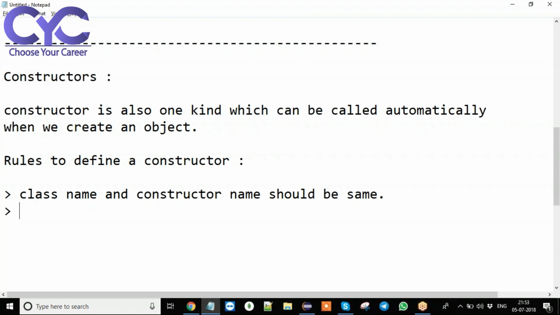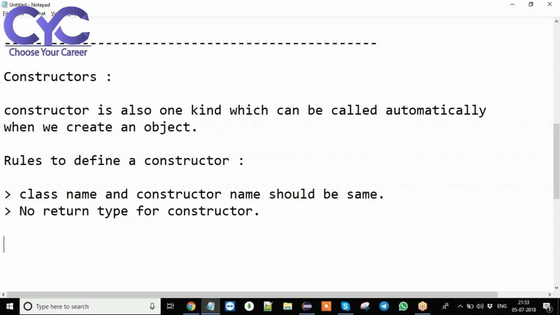Only two rules to define a constructor. First rule: class name and constructor name should be same. Second rule: no return type for constructor.